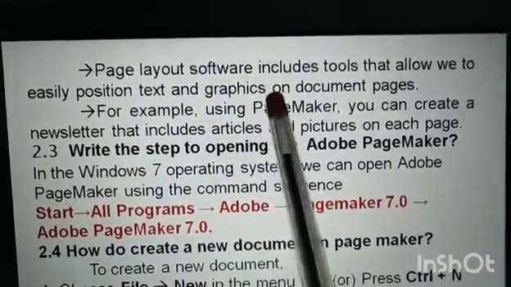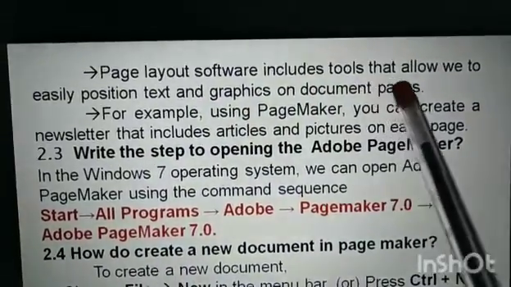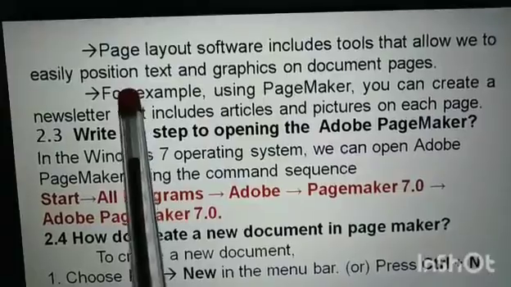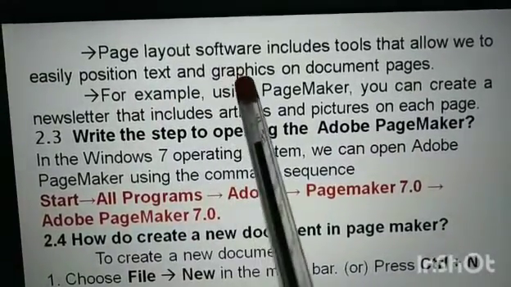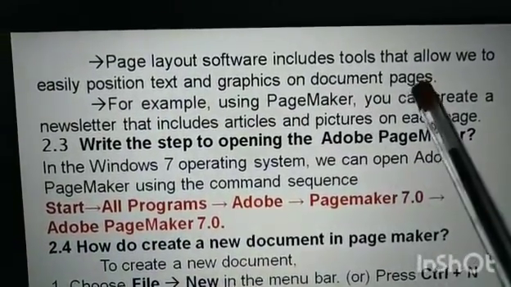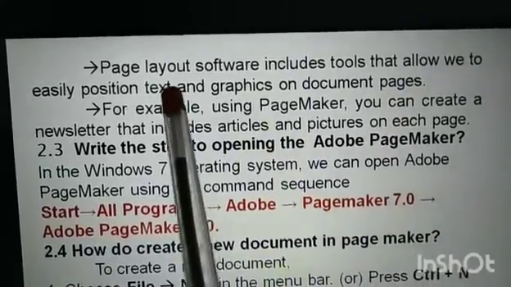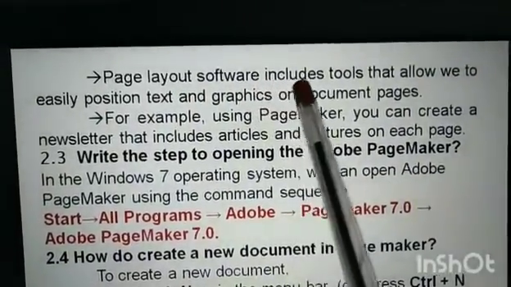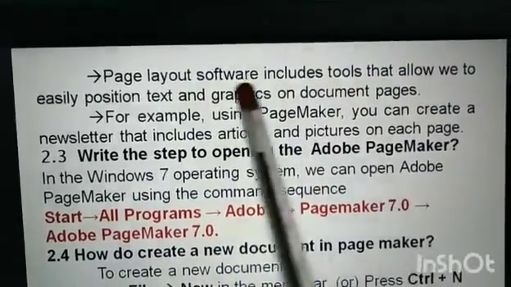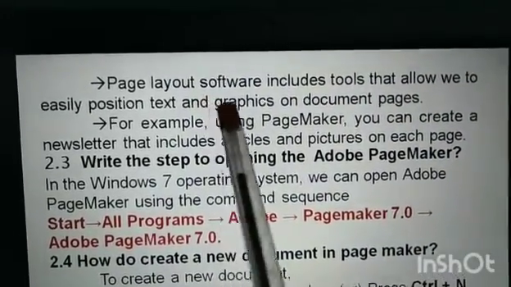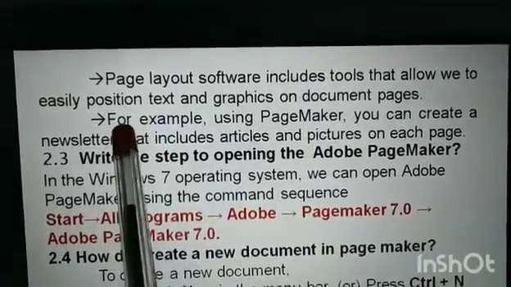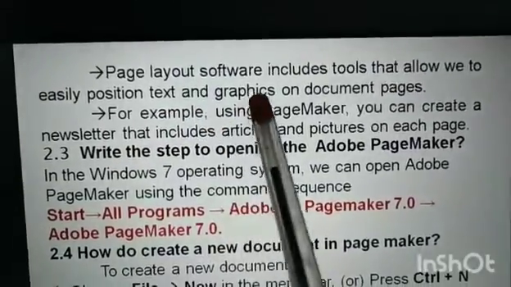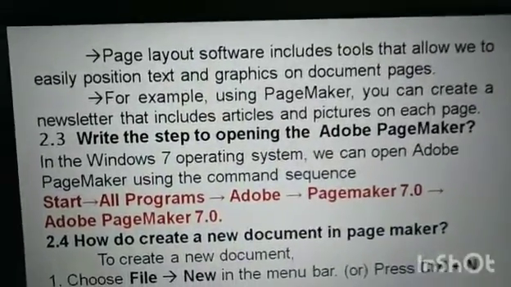Page layout software includes tools that allow us to easily position text and graphics on document pages. Some tools are available in the page layout software, and we use them to easily position text and graphics on the document pages.